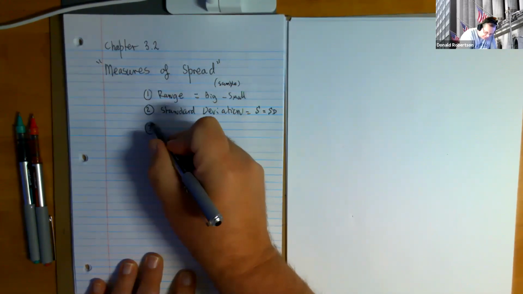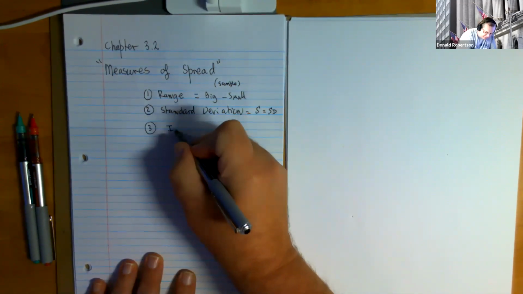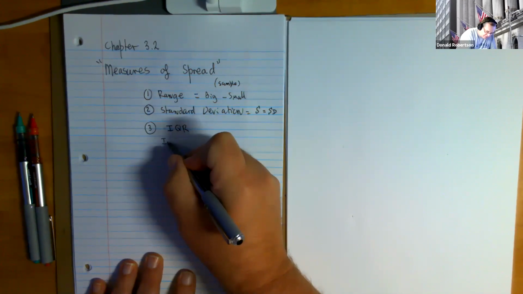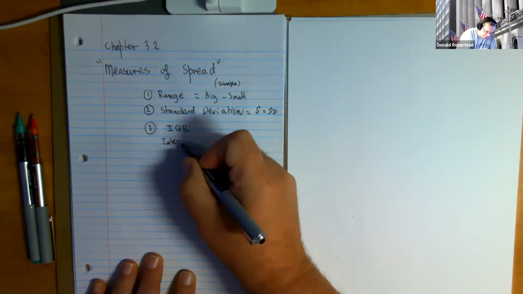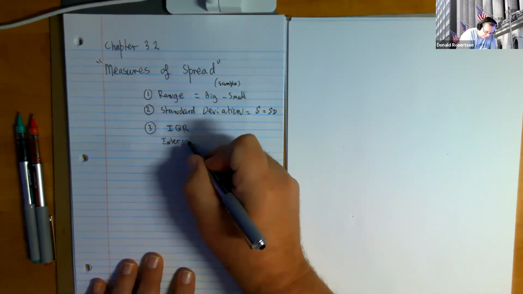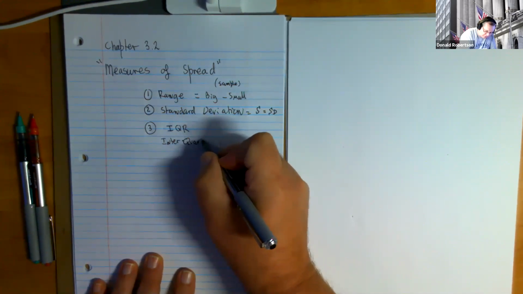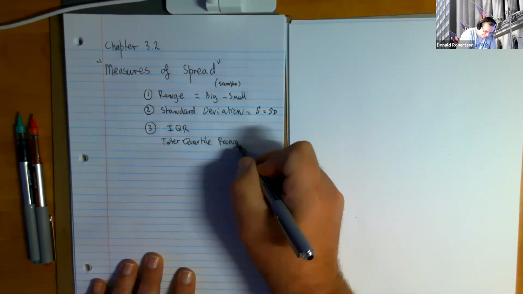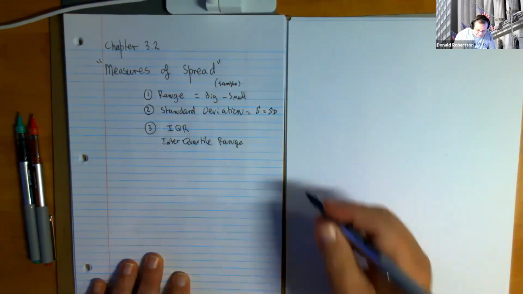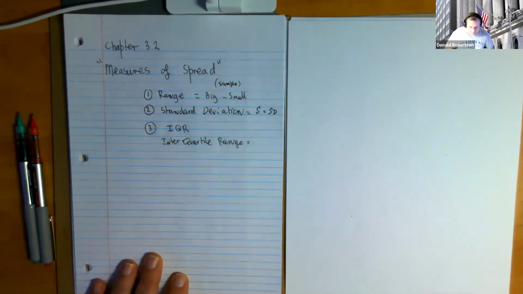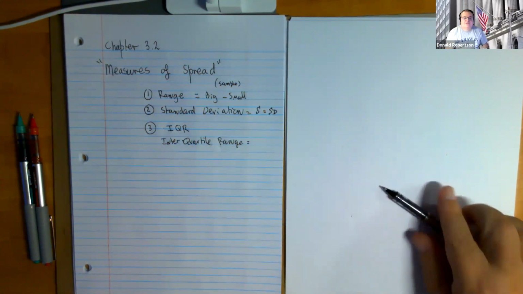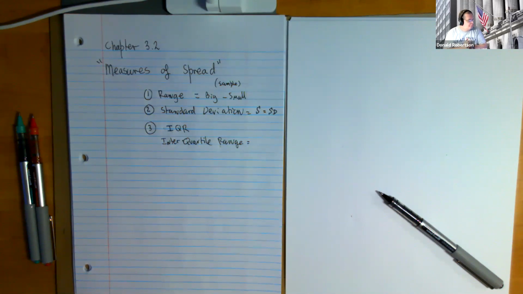And the third one is called the interquartile range, called IQR. Its full title is interquartile range, IQR for short. Now, these 3 different measures of spread are necessary because it was pretty quickly discovered that just